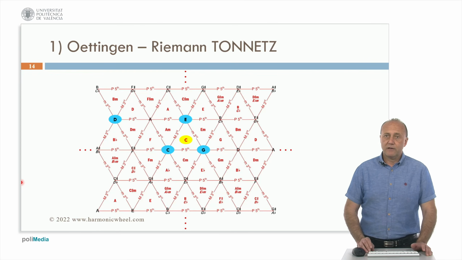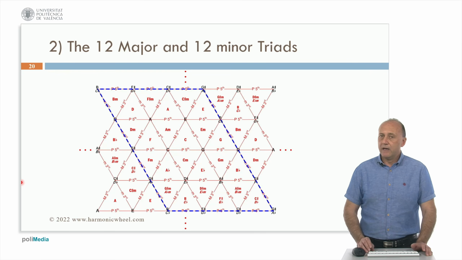And similarly for the rest of the triangles, for example here the notes D, F, A form the consonant chord D minor, which is printed at the center of the triangle. In this triangle, we will have F major, here A minor, etc. Now we select a region containing the 12 major and the 12 minor triads just once, and in that region